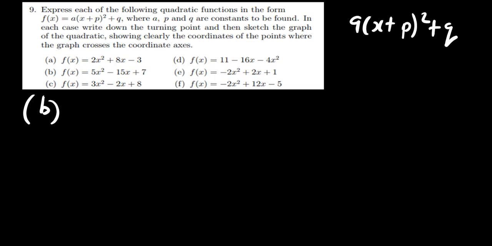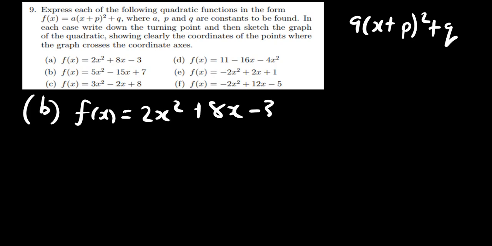Okay, so let's start with the first one. We are saying f of x is equal to 2x squared plus 8x minus 3. So now what do we do? We factor out 2. There are two methods. I'm going to go with the method that I taught you guys. I'm just going to factor out the first two terms, then leave out the last one, and I'm going to go with this one until the end. So when I factor out 2, I'll have 2,